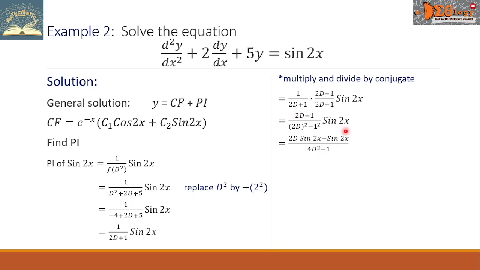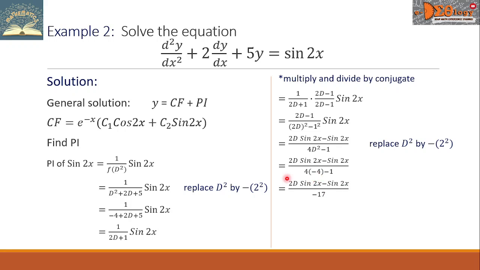In the numerator, we multiply the sine 2x with 2D, also with the negative 1. So it becomes like this. At this point, we're going to replace D squared by negative of 2 squared. And the D squared now becomes negative 4, and we simplify the denominator to be negative 17. In the numerator,